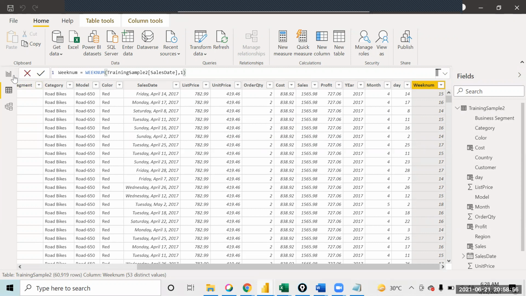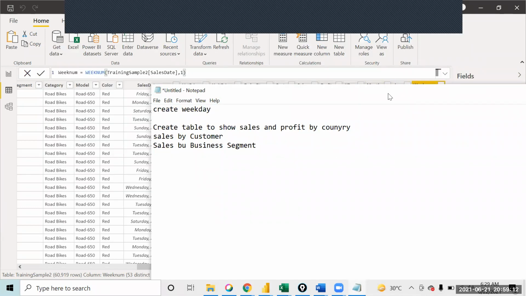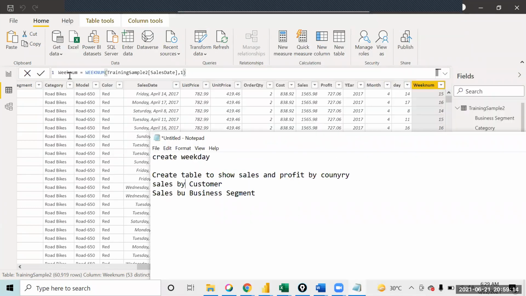Also, Amit, the formulas which we created for the new column were coming on the chat screen also. Which one? The new column which we created. The week number and all. Yeah, they are coming in that when we are creating the table also.